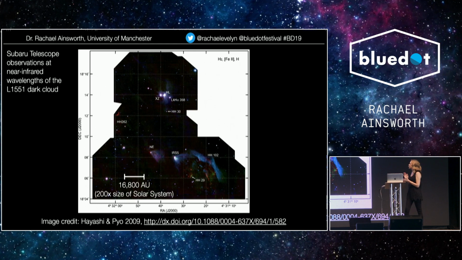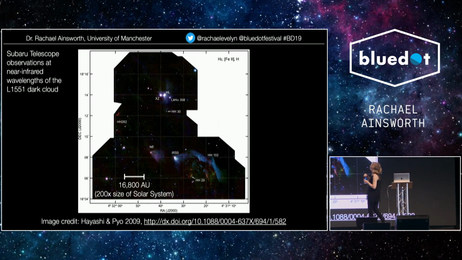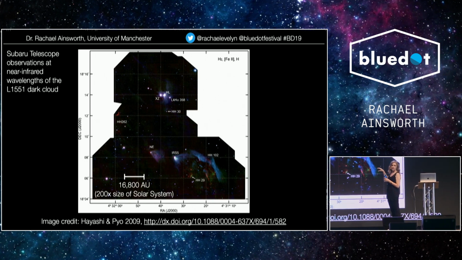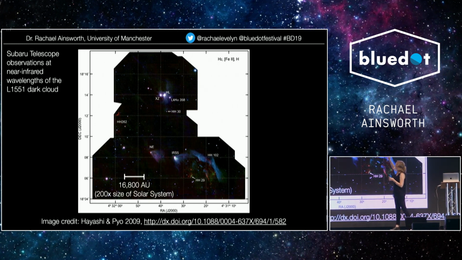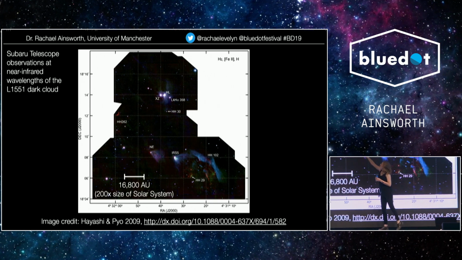So one of the star-forming regions that I was looking at is called L1551. It's just a catalog name. It's quite boring. But it's located towards the Taurus molecular cloud in the constellation of Taurus. And you can see many different objects in this image. They're all young stars. There's a bit of a nebulosity up here, but down here, you can see the outflows